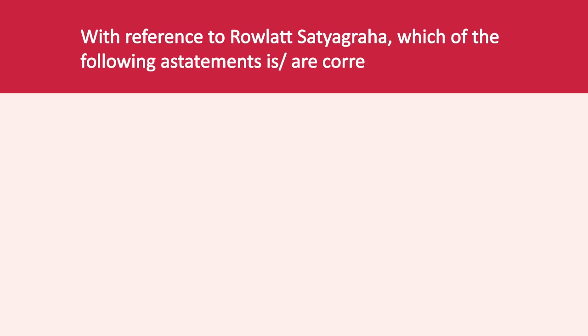The focus area in modern Indian history is generally on the freedom struggle of India, covering events like Chauri Chaura, civil disobedience, Naval Mutiny, and any one of them and its causes and impact. One question that was asked in 2015 exemplifies the nature of the question asked. The question was, with reference to the Rowlatt Satyagraha, which of the following statements is or are correct?